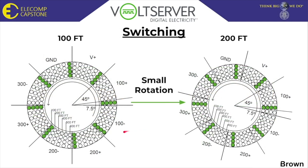So now these figures are a little bit more indicative of what the board actually looks like. We have this large board with these arrays of contacts split up into 8 different sections for each of the inputs and outputs. And then within each of these sectors, we have 6 different pad arrays of 4 pads for each channel. So we have this board here with these green contacts meant to represent the fixed contacts above the